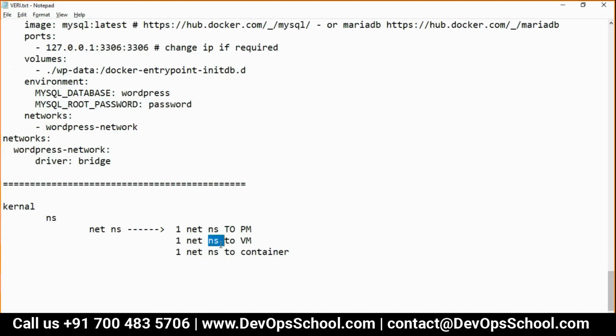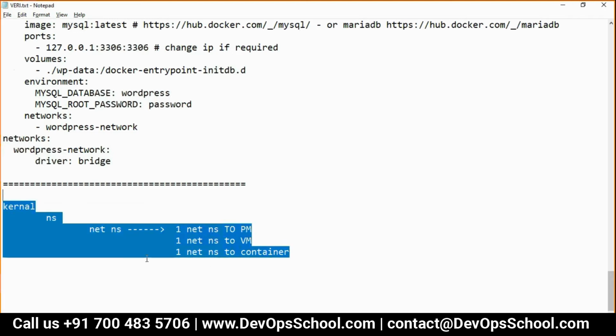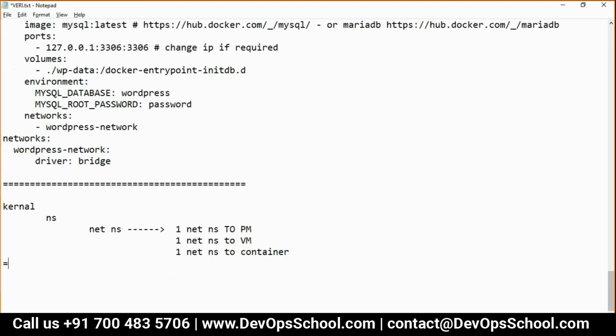You get one network namespace for each container. Now the question is here: why do we need networking? In today's environment, we need networking for everything. It's not like we can work isolated. You need networking to connect with the internet, or people should access you, and you should access the whole world. You can access the whole world through the internet. They can access you through the IP address, static IP address, or routings and stuff like that.